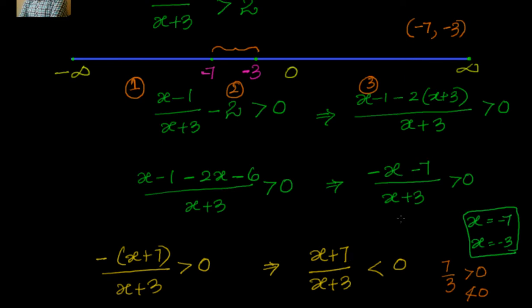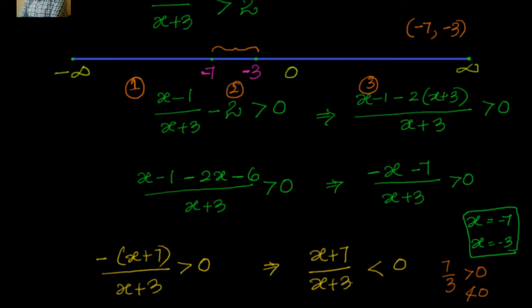You want to cross check it? Let's cross check it. Let us take the value minus 6. What happens? 7 minus 6 is 1 and 3 minus 6 is minus 3. So you can see plus by minus is minus. Now whenever you take numbers other than this particular interval or window, you will see that the values are always positive. So remember that.